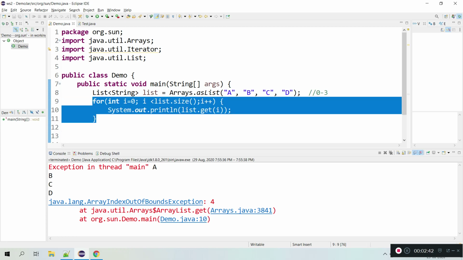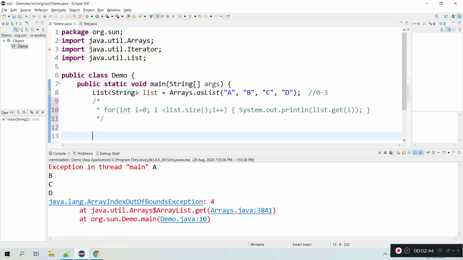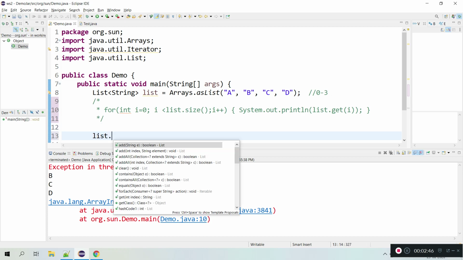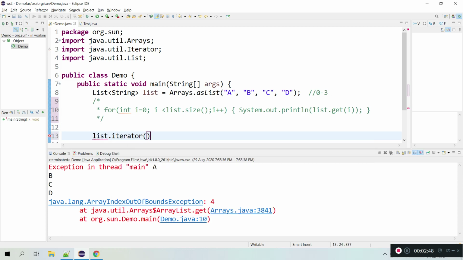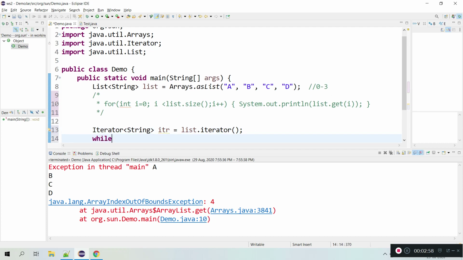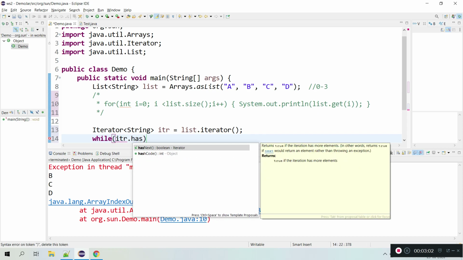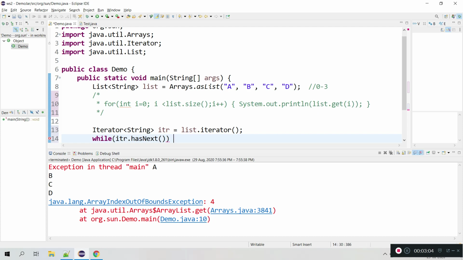And we will see the other approach using an iterator. This is an iterator, and I'm going to iterate using a while loop, checking itr.hasNext.